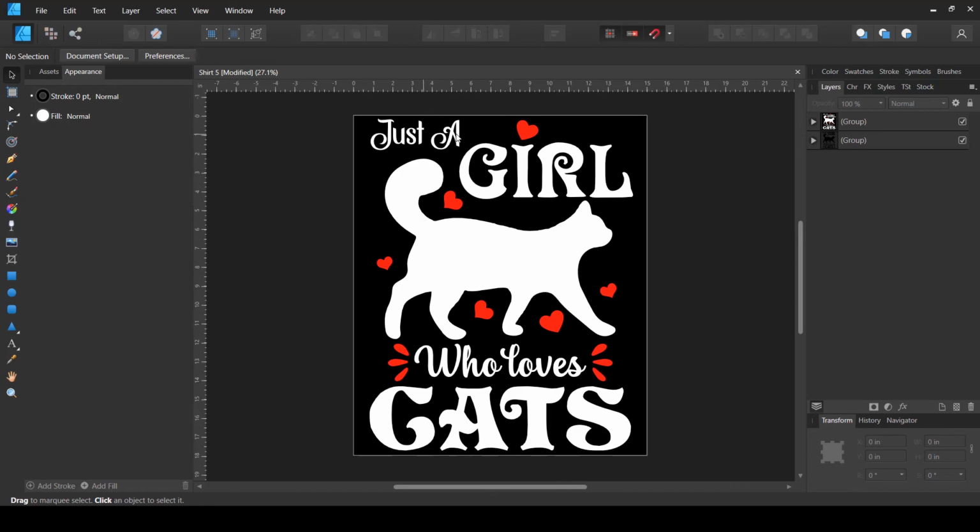And for the other text I have mostly chosen the same position as the original one, as you can see here, but I've changed the heart shapes and changed the color to those. I've made the cat to be white, and if I wanted I might have just applied some kind of watercolor effect to the cat just to have some variation in it as compared to the original design. But you can see that it is looking like an interesting design. If you want to change the color from the red to any other thing, maybe pinkish, yellowish, anything, you can do it. But I just wanted to keep it to the simple two colors.